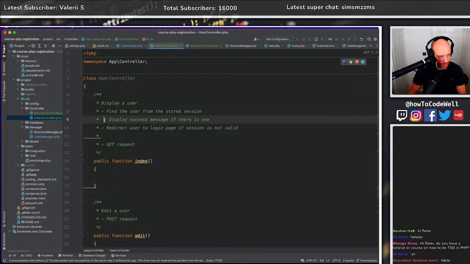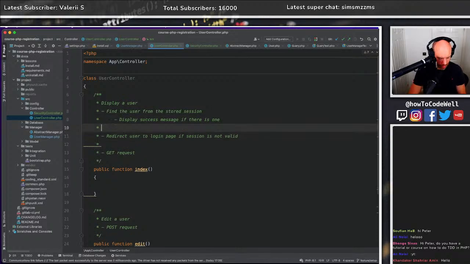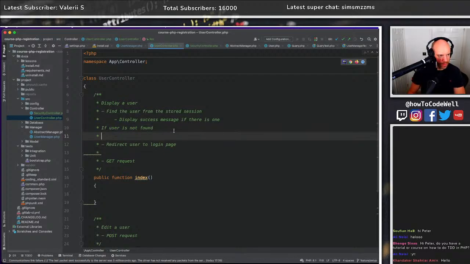So that's going to have to be stored somewhere. Redirects user to login page if session isn't okay. Fine. So here we can say if user is not found, then what we need to do is redirect the user to the login page, and also display